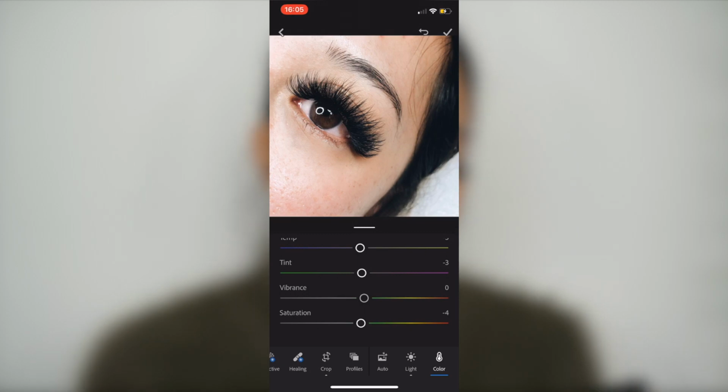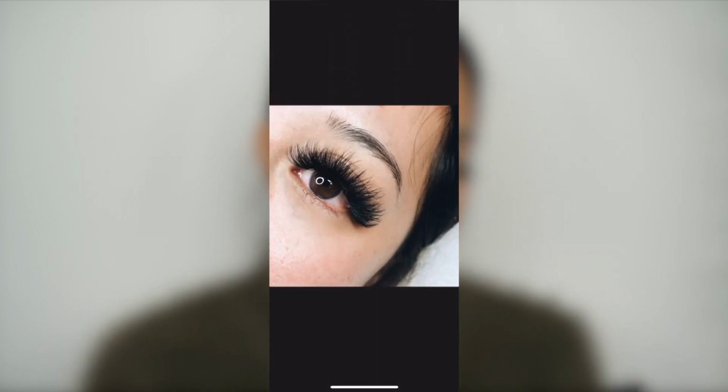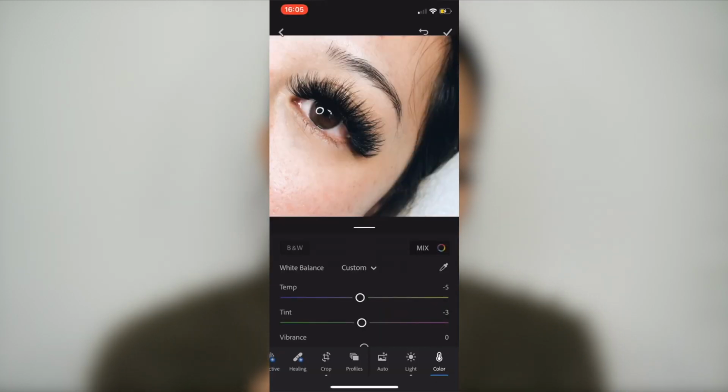So I'm gonna just press and hold on the screen and you'll be able to see the difference. When you press and hold, it'll show you the before and the after. Before, after, before, after. Okay, so then I'll hit the little check mark on the top right, and then I'll